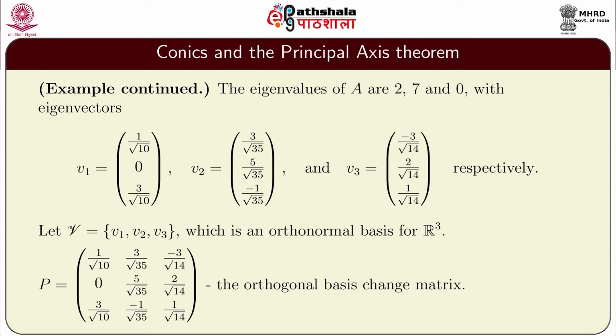Once we have an orthonormal basis, if we put those vectors in the columns, then that gives a basis change matrix and that will be an orthogonal matrix. So, P is created as the vector v1 sitting in the first column, the vector v2 sitting in the second column and the vector v3 sitting in the third column. This is an orthogonal basis change matrix. Now,